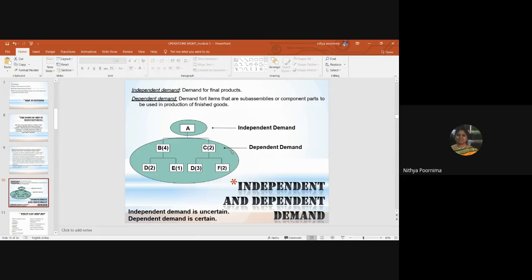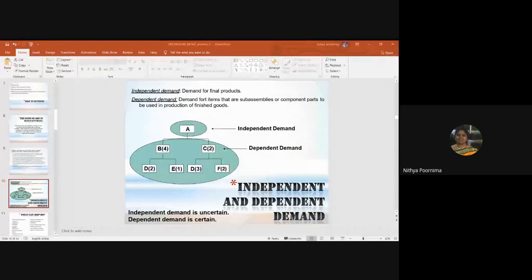Now, when we're talking about dependent demand and independent demand, what are the attributes that come into the picture? The attributes will be the nature of demand, the service level, the goal, the demand co-occurrence, then estimation of demand, the quantity of order, when to order. All these attributes will fix which are dependent demand and which are independent demand. So these are very important when we are studying materials requirement planning. Any doubts here? Should I move on to the next slide? Can we move on?